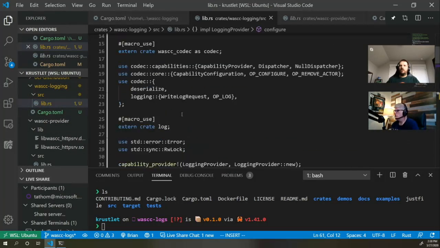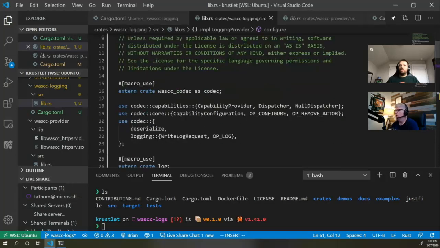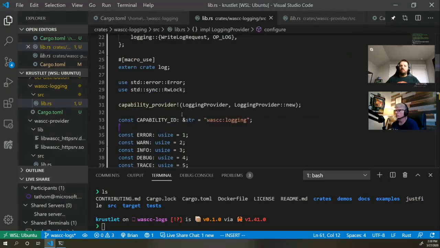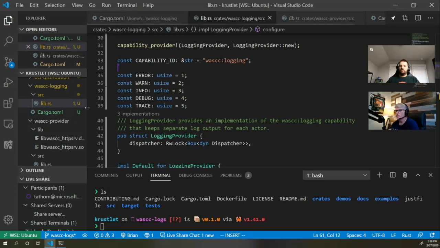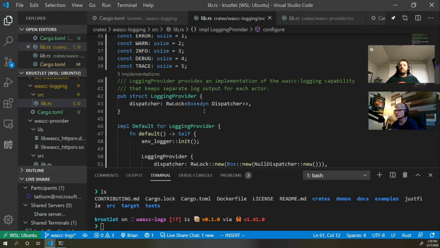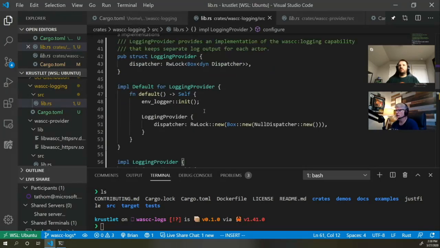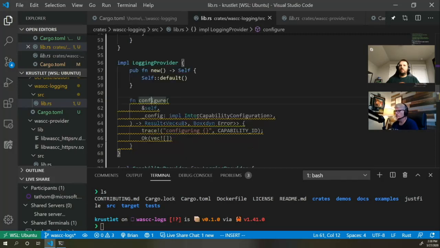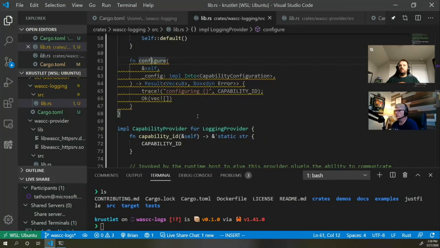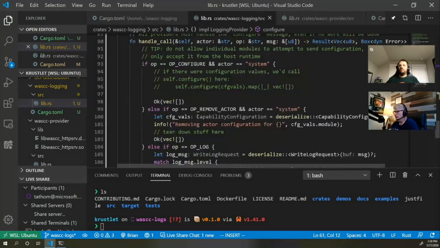cache. I don't know all of the great rusty terms, but keeping a map of the actors that we have running and handles to IO writers, in Rust terms, the handles to the writers, file handles that we use to write those logs inside the WASC logging module. And that way, when a new actor starts, we have